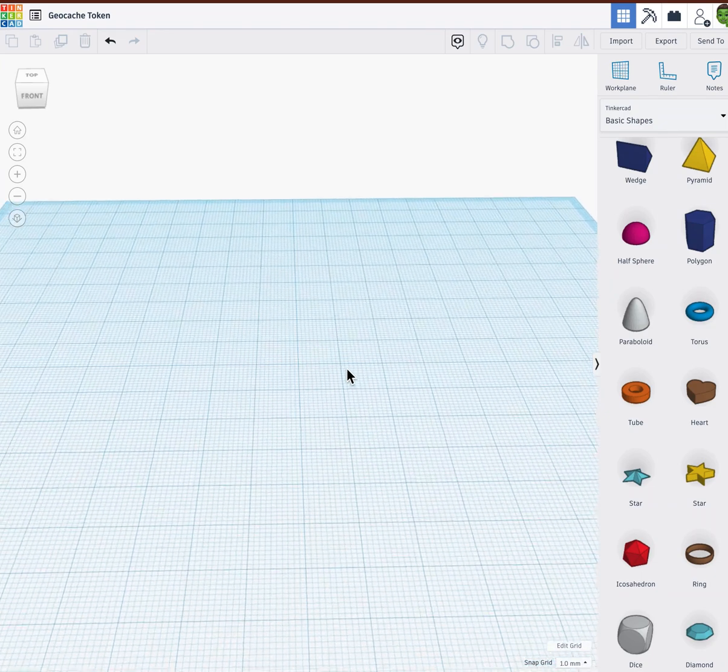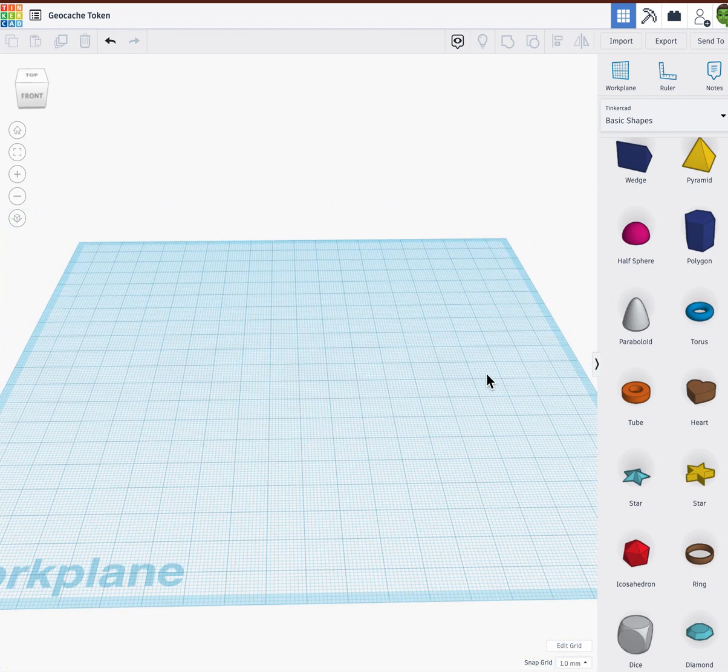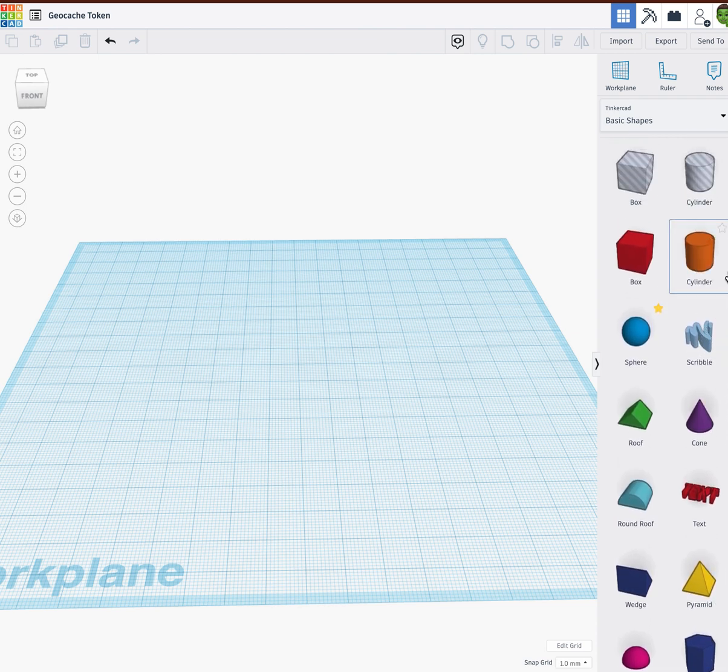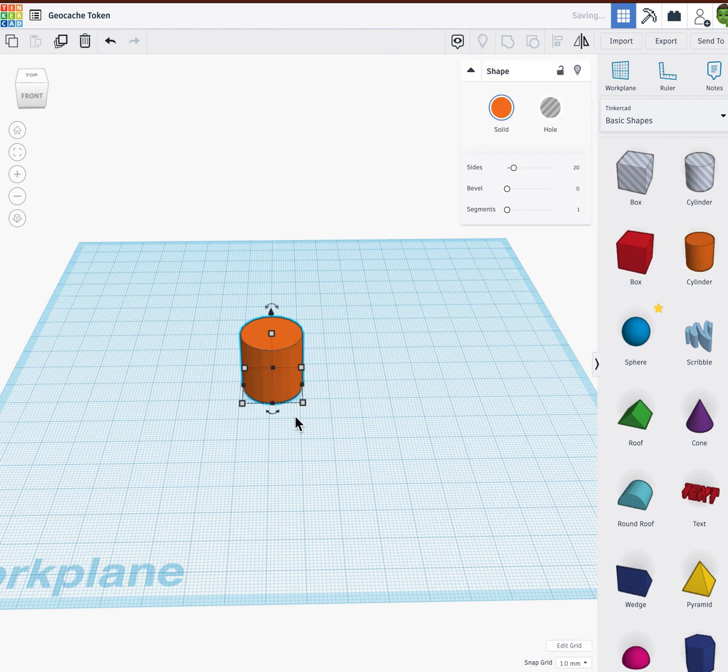This is a quick video on how to make a token for our geocaches. We're going to need 4 different shapes. Let's start with the token itself, which is going to be a cylinder. We're going to click and drag it onto the board, and we want to make it maybe about 20 by 20 millimeters, and let's make it about 5